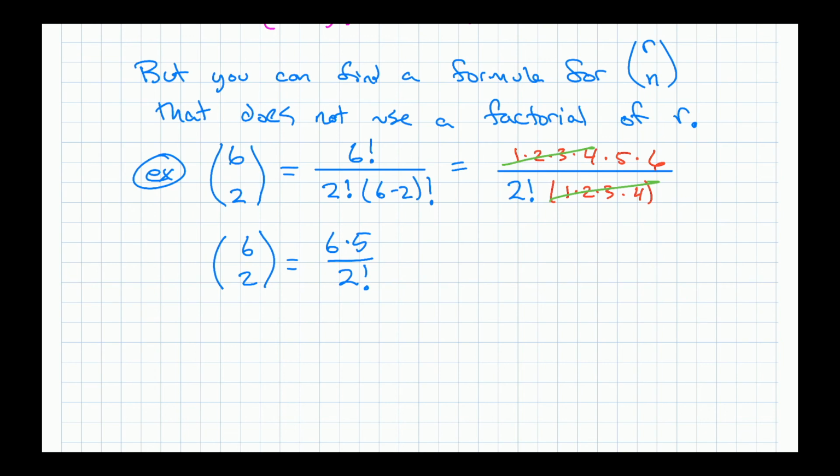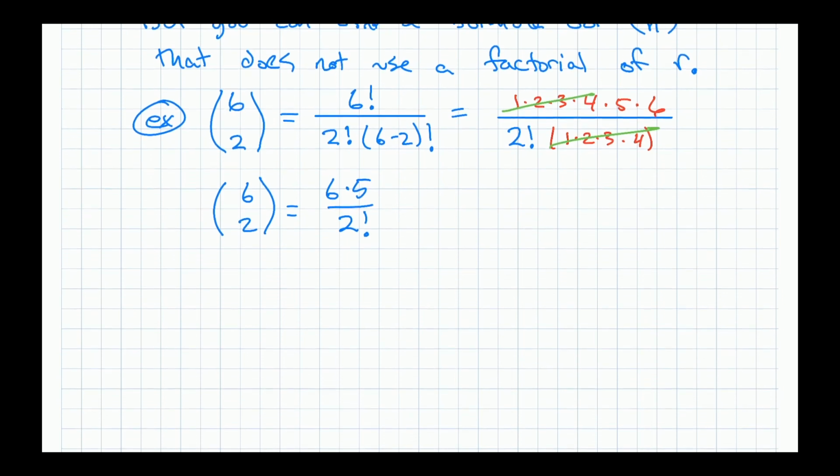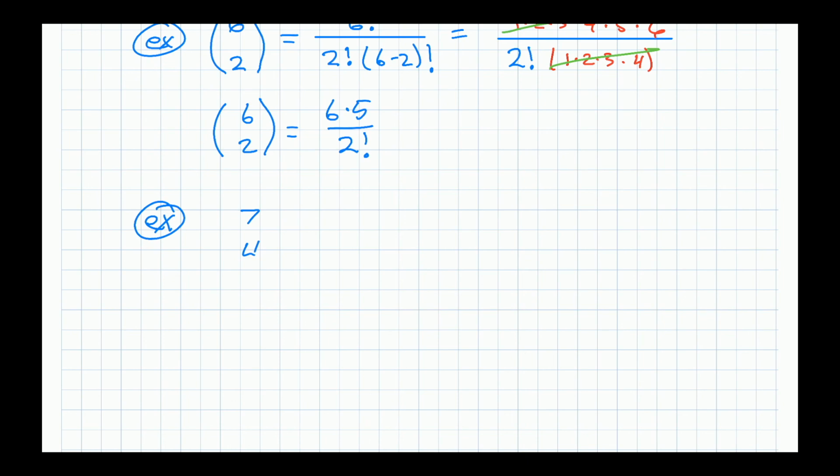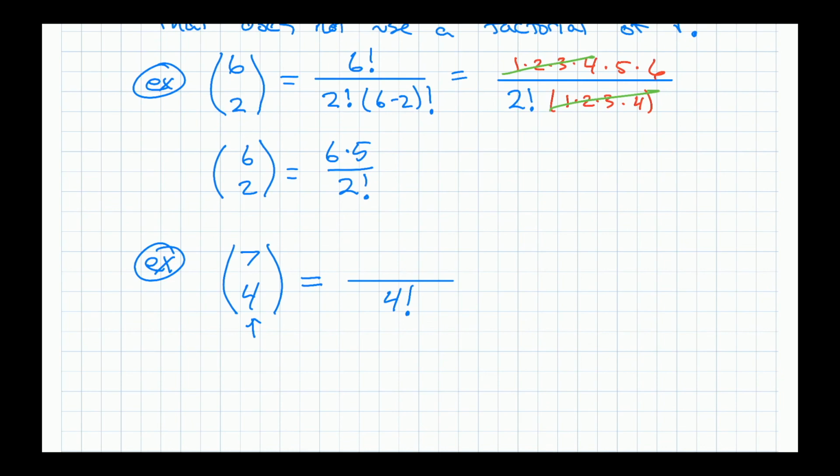And so it turns out that there's a pattern here that you can exploit. So the pattern would be like this. Let's say I wanted to do 7 and 4. What would that look like? Well, in the denominator, if the 4's on the bottom here, you're going to have a 4 factorial. Now, on the top, if the bottom is 4 factorial, you're going to have 4 terms on top. The terms are going to be 7